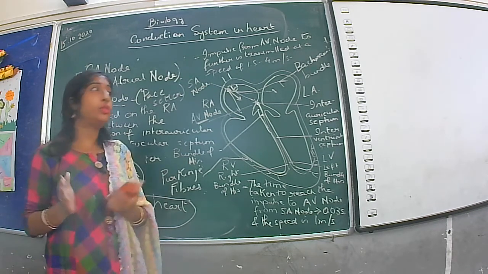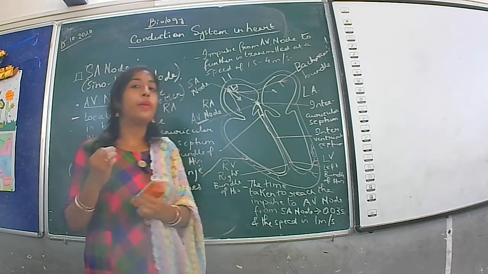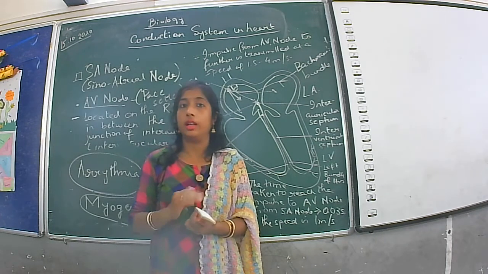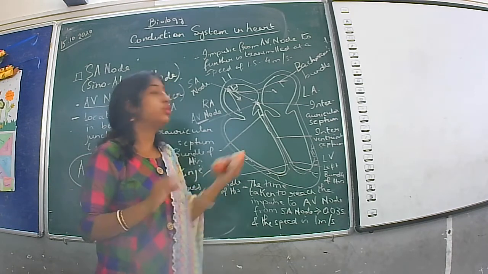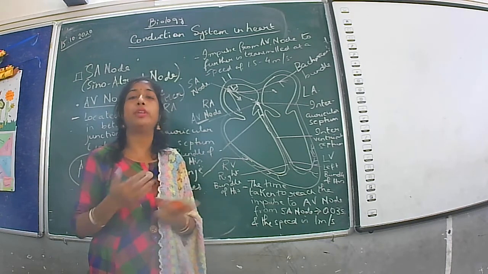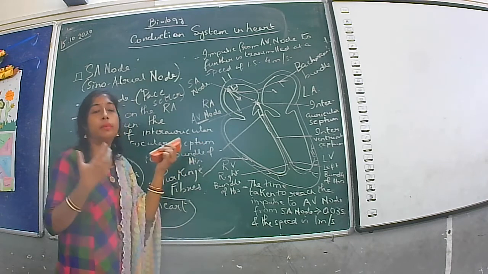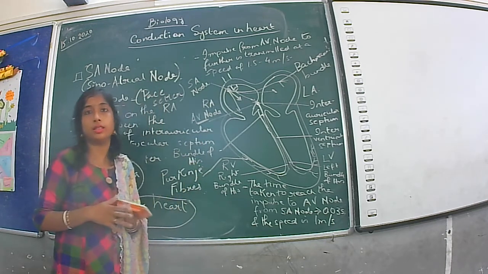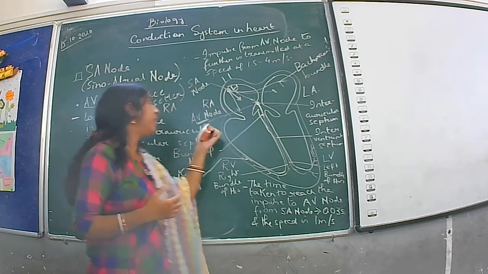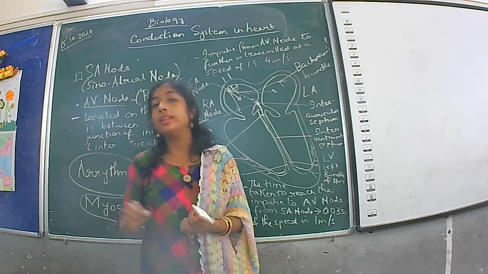So you have understood about the SA node, and you have understood why the AV node is present, because of the annular pad which is present between the auricles and the ventricles. If there was no annular pad, then there would have been no requirement of the AV node, because the nerve impulse can be transmitted through the cardiac muscles only. But since this annular pad is present between the auricles and ventricles, there is a requirement of the AV node, which helps the nerve impulse to transmit through the auricles and the ventricles.